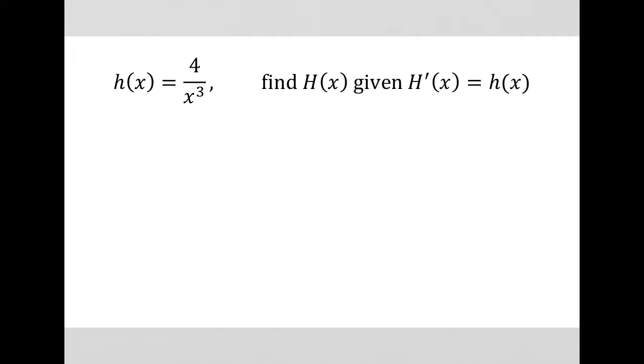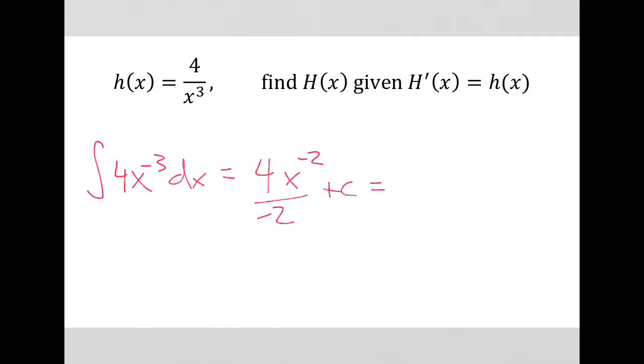Okay, remember what we have to do here. Before we can integrate this, we need to rewrite that x cubed that's currently in the denominator. We need to write that up top using a negative exponent. So we're going to be finding the integral of 4x to the negative third with respect to x. We will be adding 1 to our exponent, so instead of being a negative 3, it is now a negative 2, and we divide by that new power, dividing by negative 2, add our constant of integration,